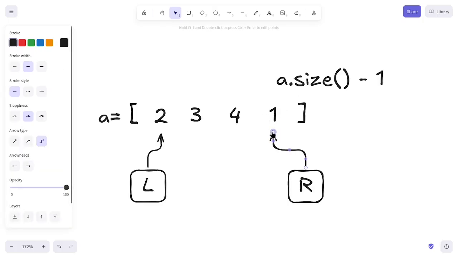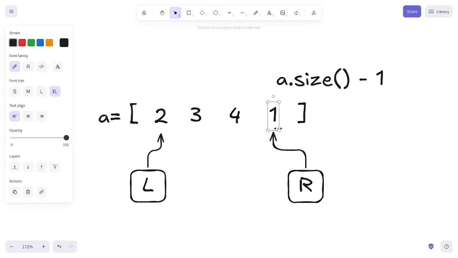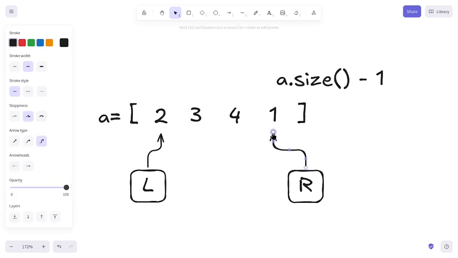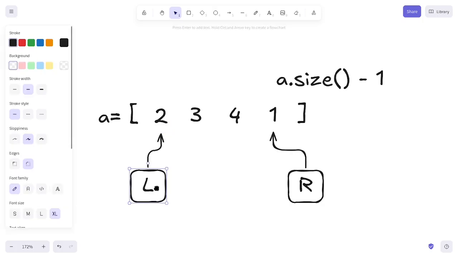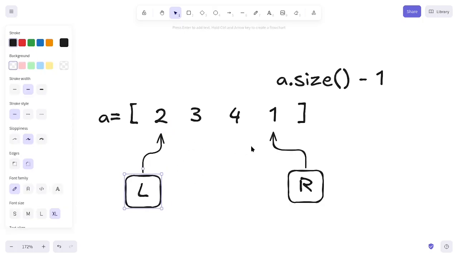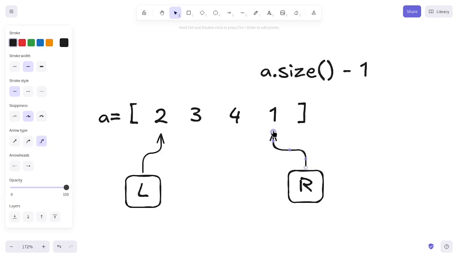Array dot size takes 4 elements, which is the length of the array, 1, 2, 3, 4. And if we just use the size without subtracting by 1, then we will get out of bound, which is the 5th element of the array. An array always starts from the 0 index, just like the L pointer right here. So that's why we are using the array.size subtracted by 1 to get the last element of the array, and then using the while loop,